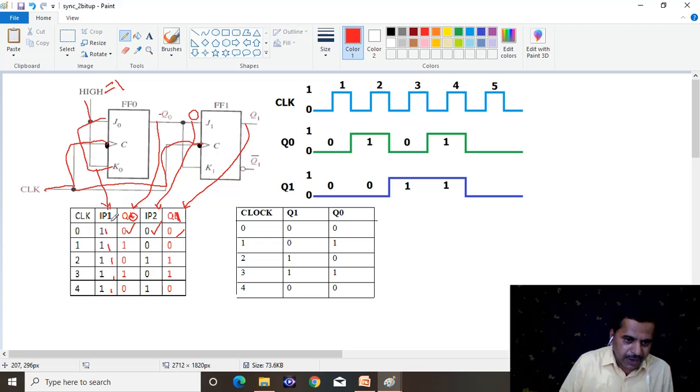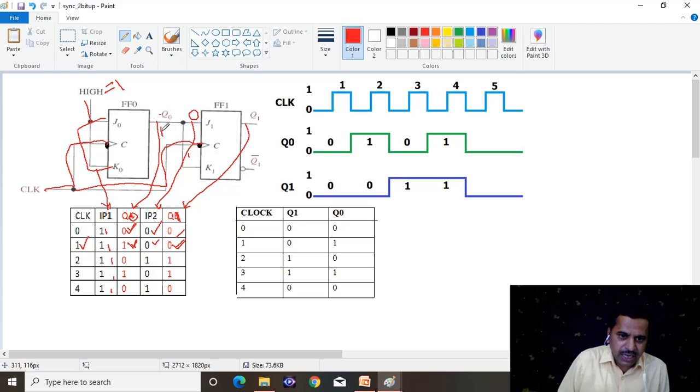When the first clock pulse is applied, because the input is 1, the JK flip-flop toggles. That means it changes its previous state. What is the previous state? It is 0. What will be the output now? It is 1. Whereas the input to the second flip-flop is still 0. What is the output? 0, because there is no change when inputs are 0. The JK flip-flop output changes only when both the inputs are 1. So after the first clock pulse, the output of the first flip-flop is 1 and the second flip-flop is 0.